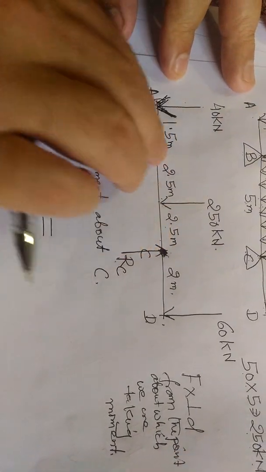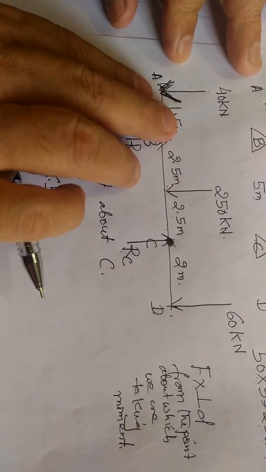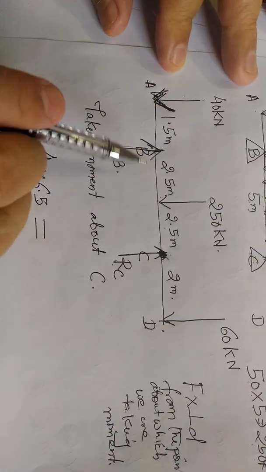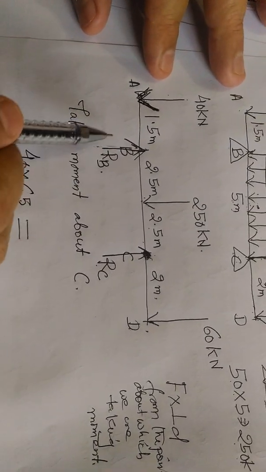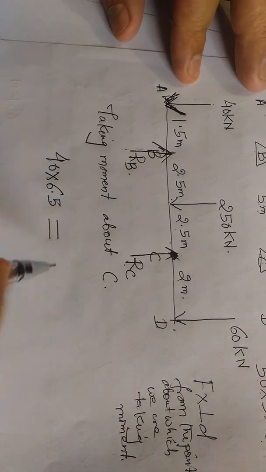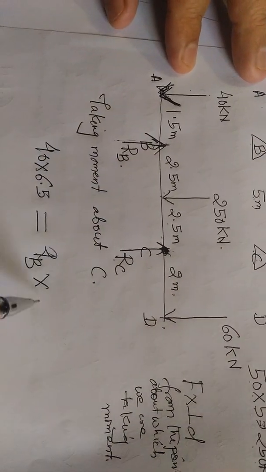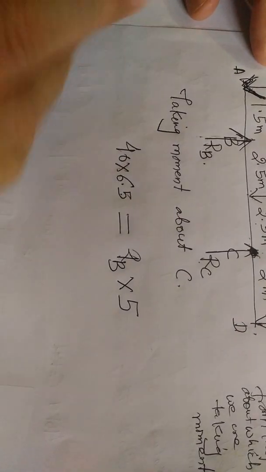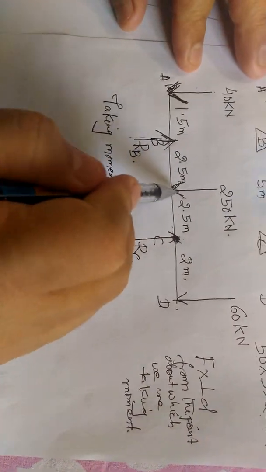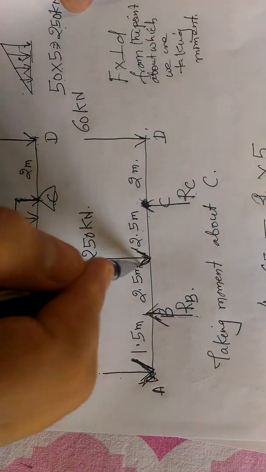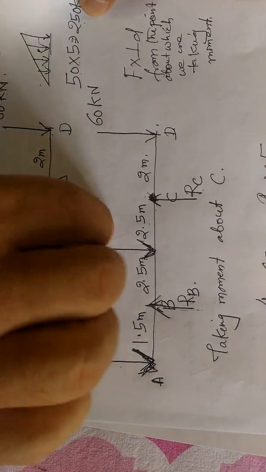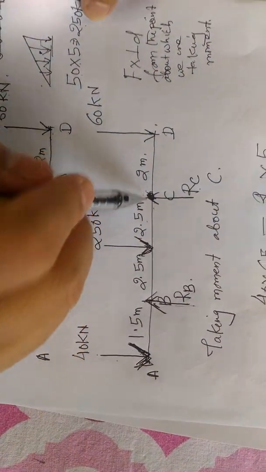Walk in the direction of the arrow, stand here and observe this point. This point is towards right, so we'll write the moment equation towards right, that is RB into this distance, that is 5 meter. Now similarly, 250 is coming towards you, so rotate this paper. Now the arrow is coming outwards from you, so walk in this direction and observe this point.